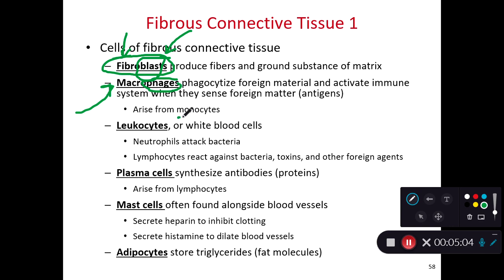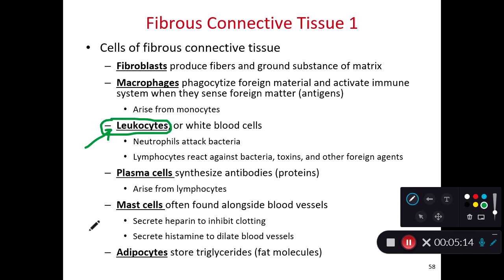And our macrophages will come from a different kind of leukocyte known as a monocyte. So monocytes lead to those macrophages. As we think of leukocytes, there's just a lot of general leukocytes in the extracellular matrix of our connective tissues. We have neutrophils, which are the most common kind of leukocyte, and neutrophils are known for primarily focusing on attacking bacteria. We also have a lot of lymphocytes, and those lymphocytes can focus on attacking bacteria and or recognizing toxins